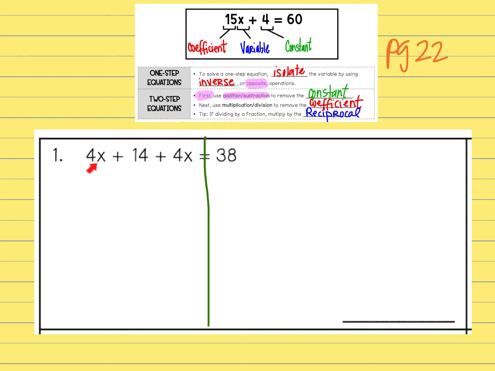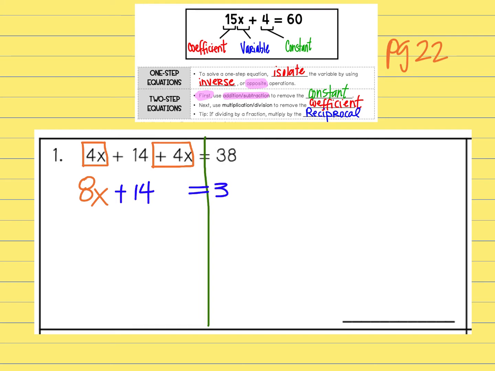But this time, when you guys look across, we don't have just 2 quantities over here. I have 4x plus 14 plus 4x. So the new thing today is combine like terms. I have 2 quantities that have the variable x. So that means they're alike. So I'm going to go ahead and box, including the sign that's in front of the coefficient, because that's important. They're not always the same sign. So both of those happen to be positive 4x, positive 4x. So when I combine them, I get 8x. Then I'm going to bring down the constant number, plus 14